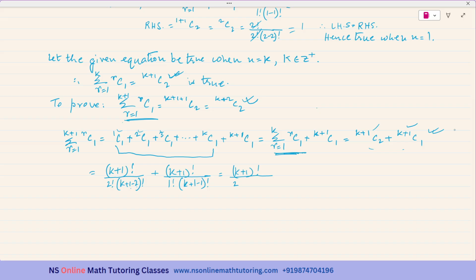2 factorial is 2. It is K minus 1 factorial plus K plus 1 factorial divided by 1 factorial. I am not writing it explicitly anymore. And this plus and 1 and minus 1, these two will be getting cancelled. So it is basically K plus 1 factorial over K factorial.